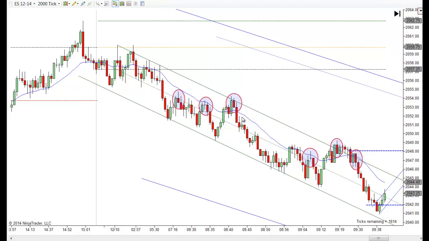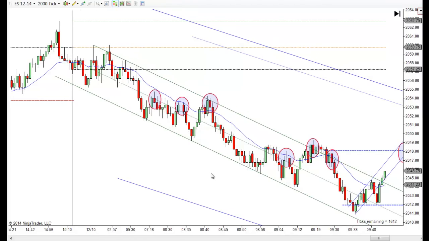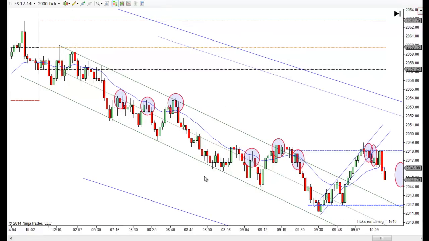Second entry short, go short right there. And man, this thing takes off this time. And there's actually a failed second entry long right here, but I think it's just way too risky to go short off the low side right there, because now you're expecting prices to go up.